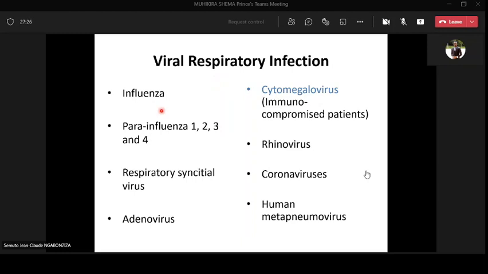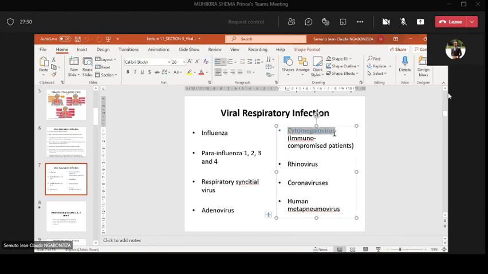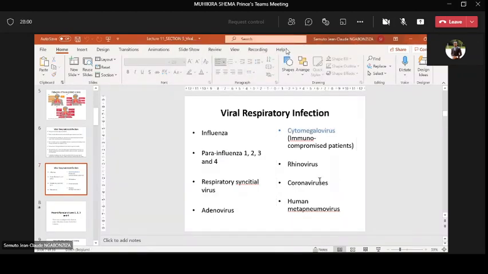Viral pathogens are respiratory infection. There is influenza, which is the main, and why we chose this to discuss. We have parainfluenza, which have of course subtype 1 to 4, respiratory syncytial virus, adenovirus, cytomegaloviruses, but not for immunocompetent people, mostly for immunocompromised people. Rhinoviruses, coronaviruses, and human